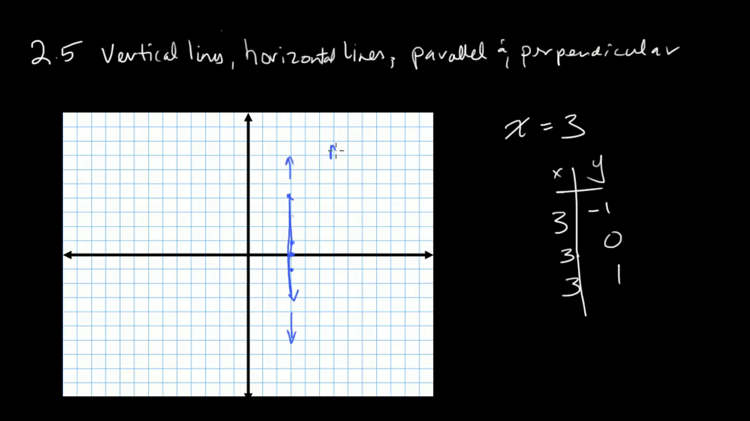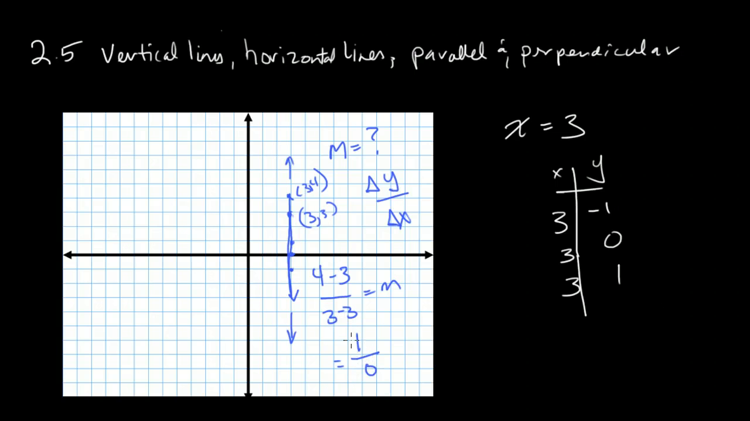So let's talk about the slope of this line. What does the slope equal? Well, remember that the slope is the difference of y over the difference of x. Now, going from the point, say, here, 3, 3, to another point here, say 3, 4, I've got 4 minus 3 over 3 minus 3, and that's supposed to be my m. But what ends up happening is I've got 4 minus 3 is 1 over 3 minus 3